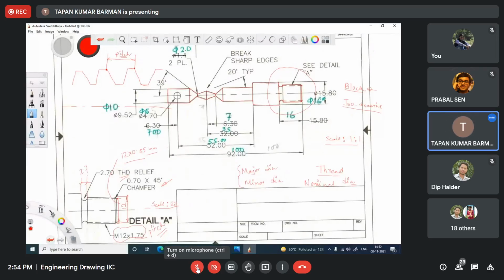If you want to do the class, if you do not have any problem, I can take. Basically, to complete these two block and ISO drawing, there should be two assignments. So if you do the class on 15, I can at least explain one command then, at least block command. On that day, you may complete that thing. Then only one assignment, ISO drawing or isometric drawing, on 22nd we can complete. But if you want to take the class on holidays, the decision should be unanimous whether you want to do the class or not.